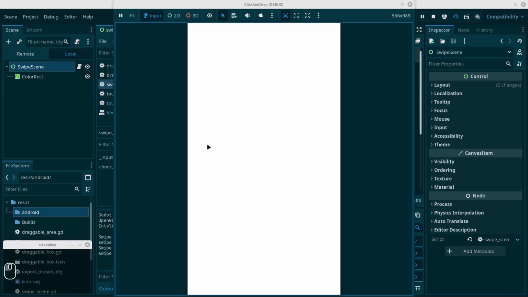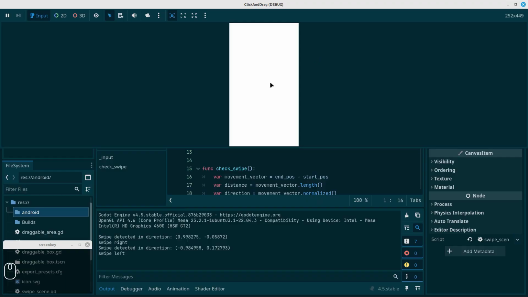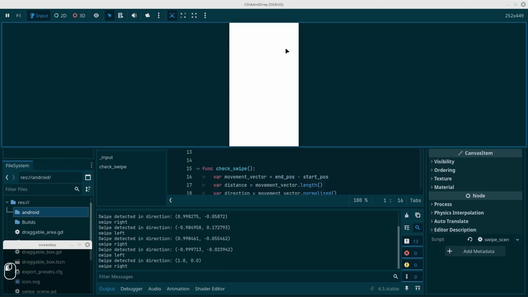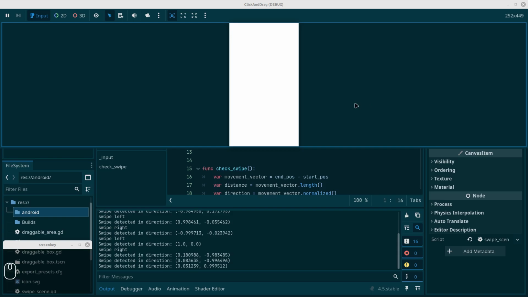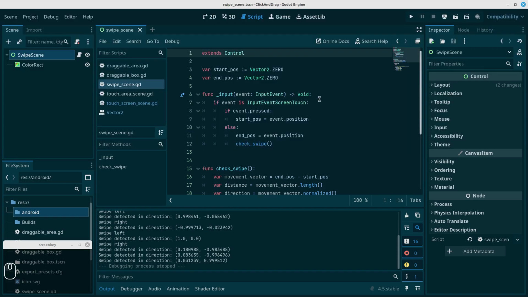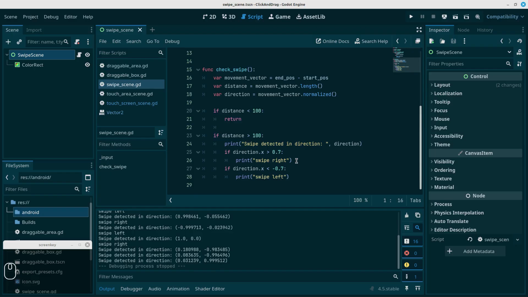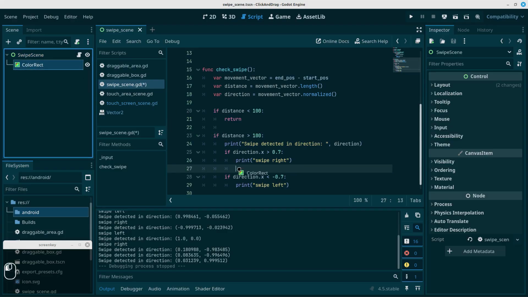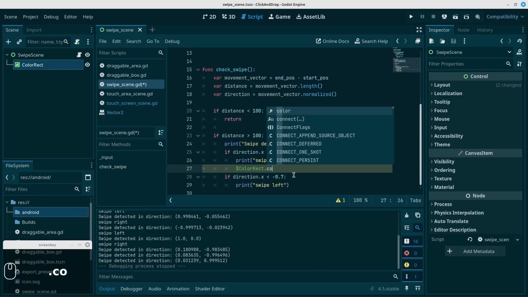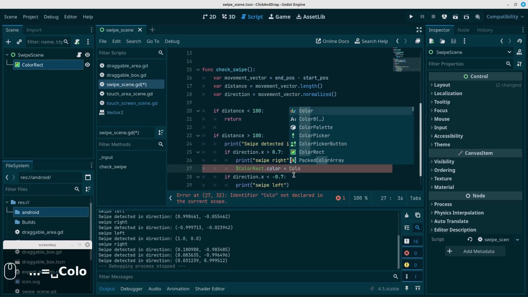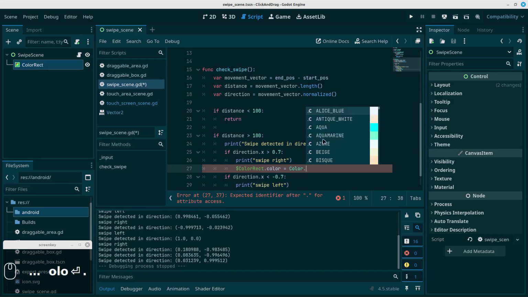Great, so we have the whole background. The swipe information is still displaying at the bottom here. Left, right. Up, down shows nothing except this swipe. Everything is working fine. We should port this to a phone to see if it's working, but let's just add a color change. So when we swipe right, let's just say we want to change the color of the color rect. So let's drag the color rect across. Dot color